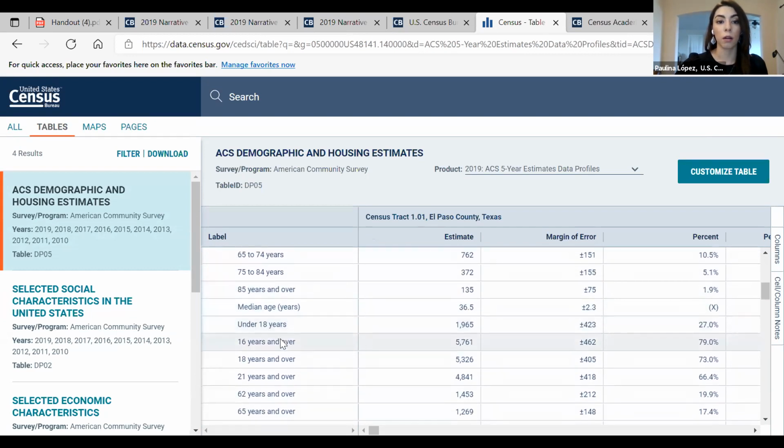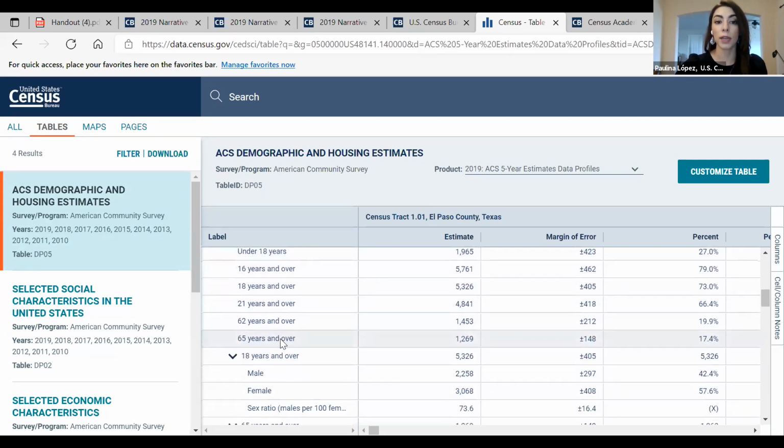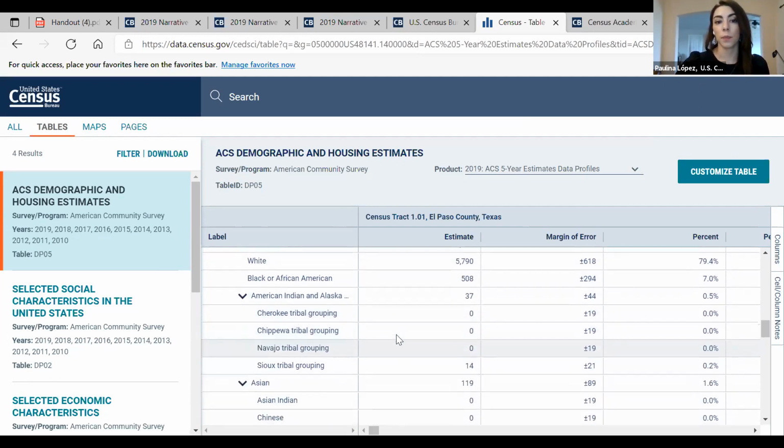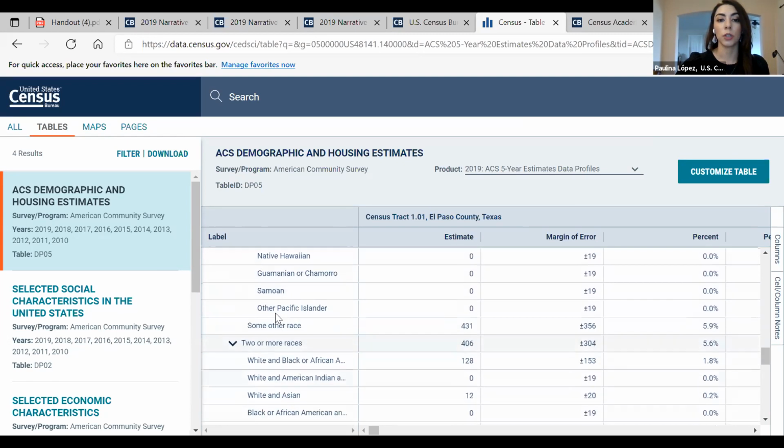Or if you're working on a program that targets populations 65 years of age and over, you know how many people you're dealing with, male, female, race and ethnicity. And I mean, even down to tribal groupings. So you can get that information.